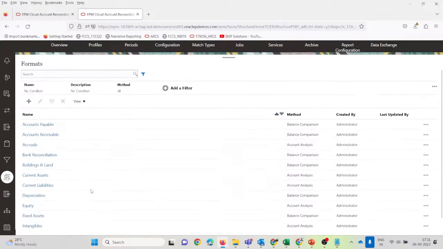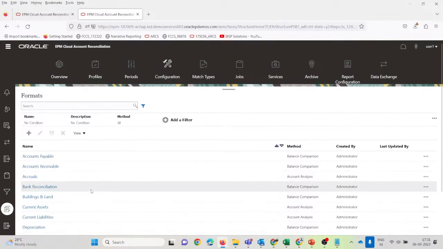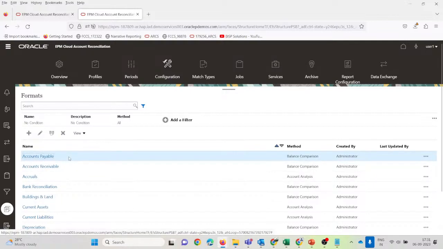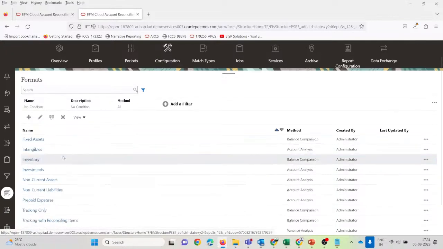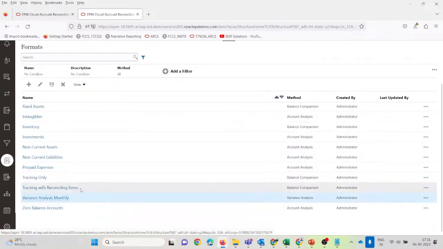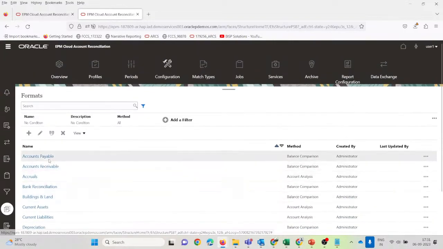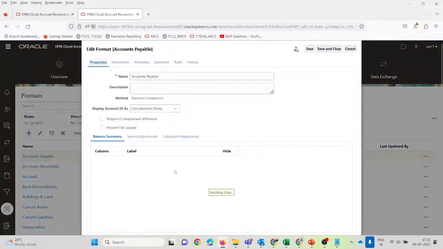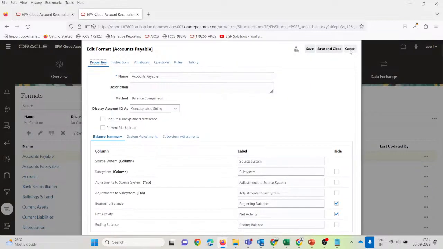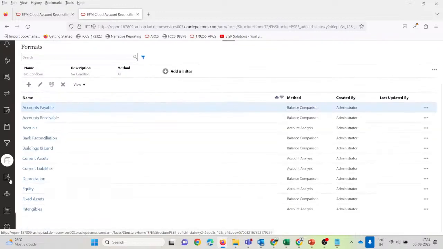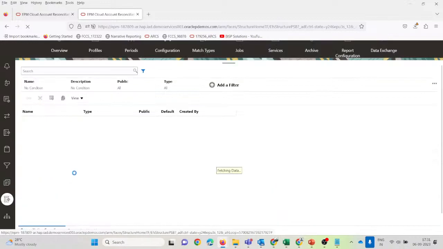So these formats are basically available in the new application also, and I think they are 21 in number. 1 2 3 4. So they are 21. They remain 21 in number. So we can use this format for our profile purpose. And then we have this views. We have to build in these views also,